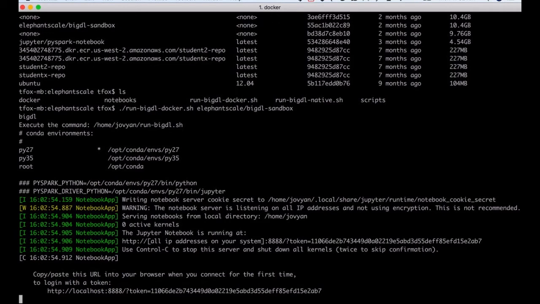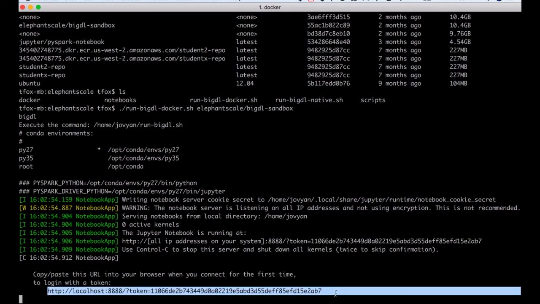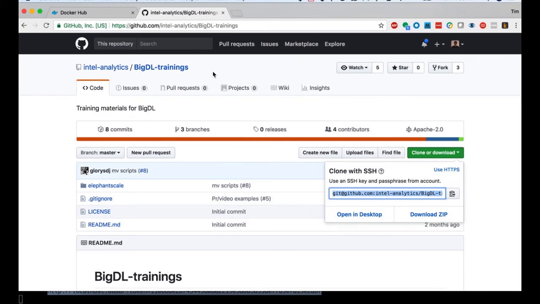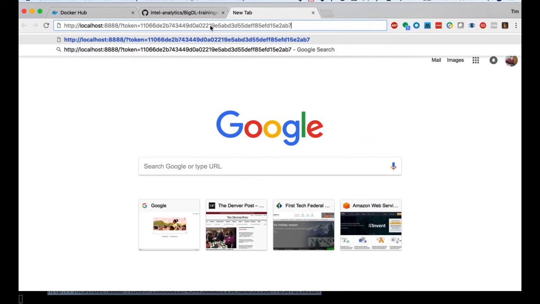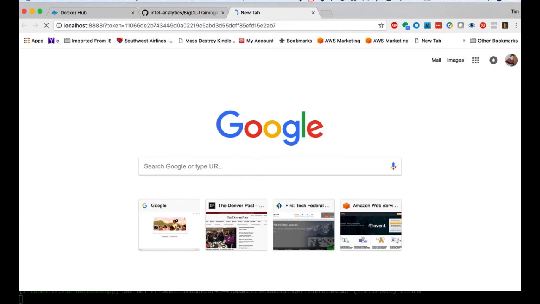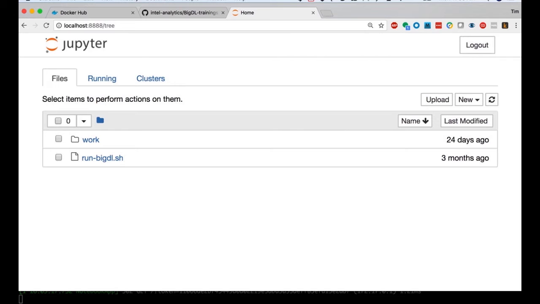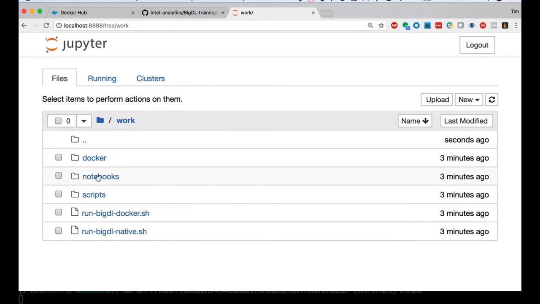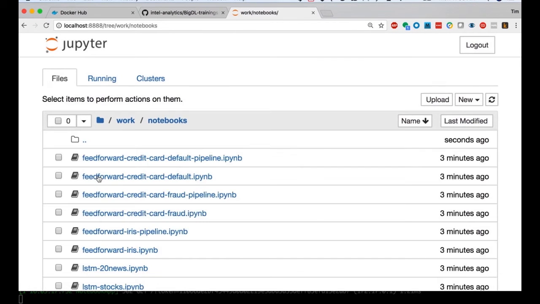Jupyter Notebook for me. Now, if I don't want to run Jupyter, if I just want to run some other code that I might have, I can Control-C out of this and do that. But for me, Jupyter is what I want to run. So let me go ahead and get this started. I go to my browser, and I take the link here, localhost with my token. This is going to put me into my Jupyter Notebook. Now I'll go under the work directory here, and I'll go to notebooks.